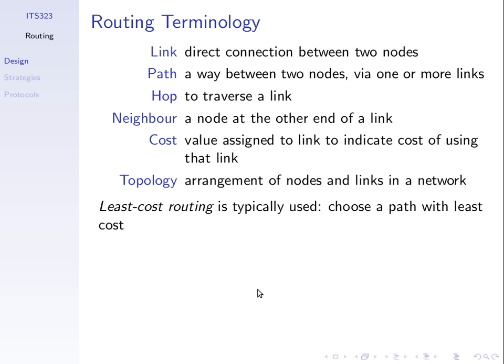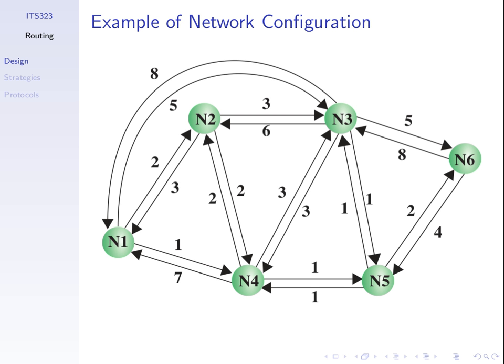Last week we introduced the terminology. We're going to use this example network where we have 6 nodes. These are switches, so this is a switched network. They have packets to send. We'll, in most cases, consider datagram packet switching, but they have packets to send. And if we want to send packets from node 1 to node 6, then we need to choose a path. The numbers next to the links indicate a general cost for using that link, where the cost is derived from some metric, some way to measure cost. And there are different